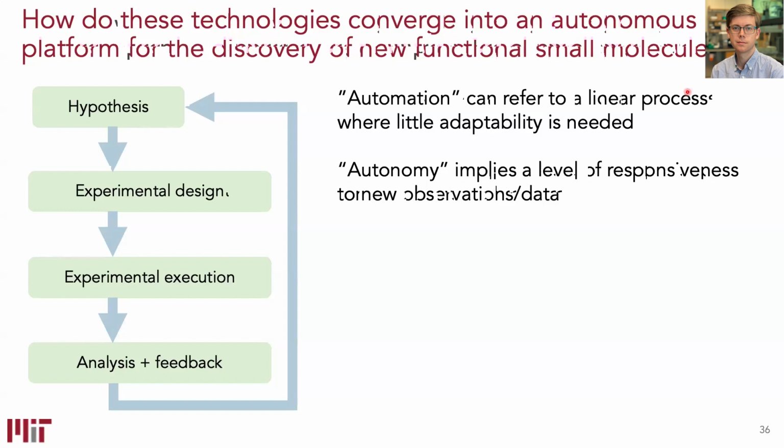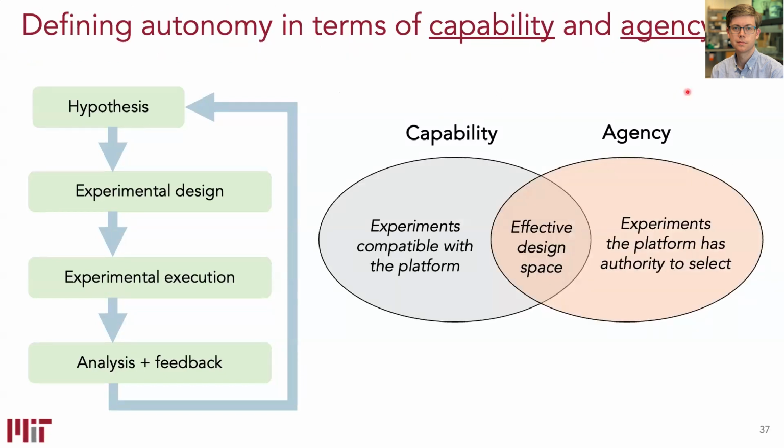When we think about autonomous platforms, I tend to try to divide them into two axes. So I think about both the capability of these platforms and the agency given to them. So capability, in this case, would refer to, if I have some hypothetical platform to do chemistry for me, what can it do? What experiments are physically compatible with this platform? When I think about agency, I'm thinking about what permissions am I giving this device, right? If it's an automated chemistry lab, what do I let it choose to do? Do I let it choose to do experiments on its own, or do I review everything as a human, supervising this process?